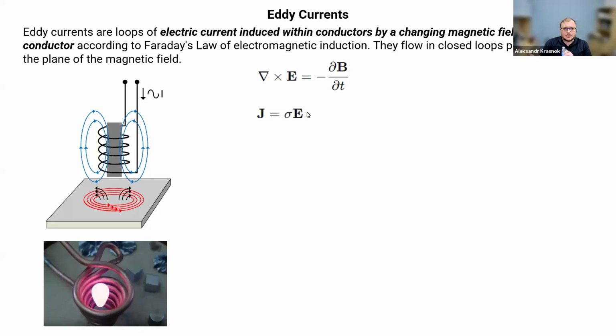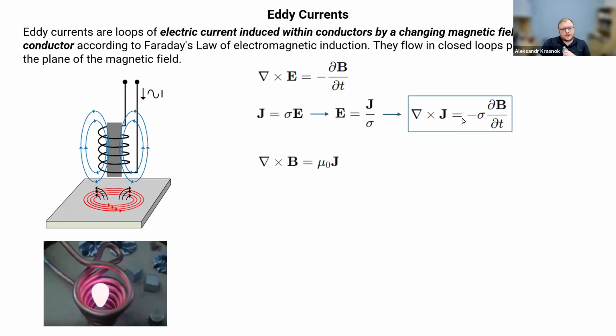The larger the conductivity, the larger sigma, which depends, of course, on the concentration of electrons and so on. So substituting this E from this Ohm's law back into Faraday's law leads to this simple equation, which indicates that